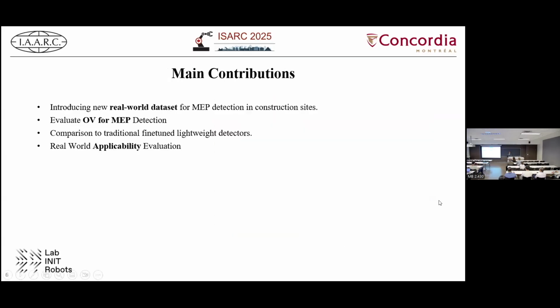Basically, the main contribution of this work is to introduce a new real-world dataset, because a couple of the datasets you will find online are less realistic, since the objects are well posed. It feels like someone was standing and took the picture, like the picture of the crane or the moving vehicle that I showed. At the same time, some of the pictures will be blurry if you are working in a factory or an active construction site. Another contribution is to evaluate open vocabulary detection generally, but specifically for MEP detection, which